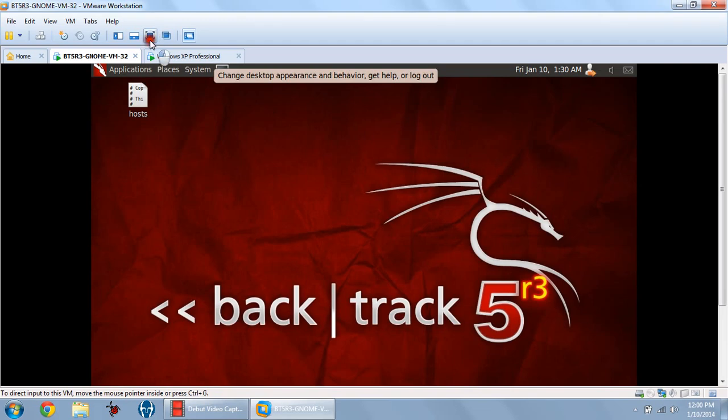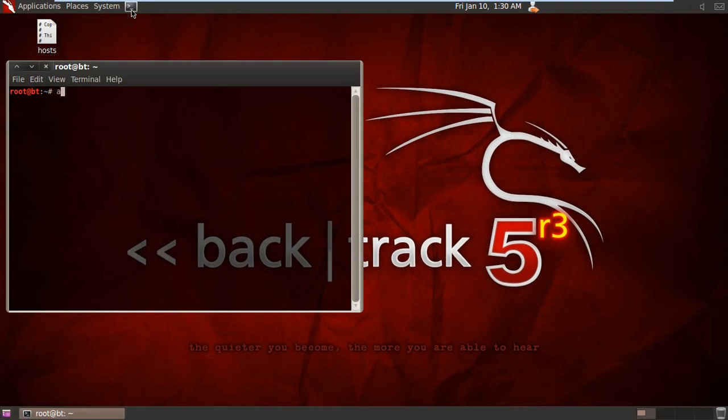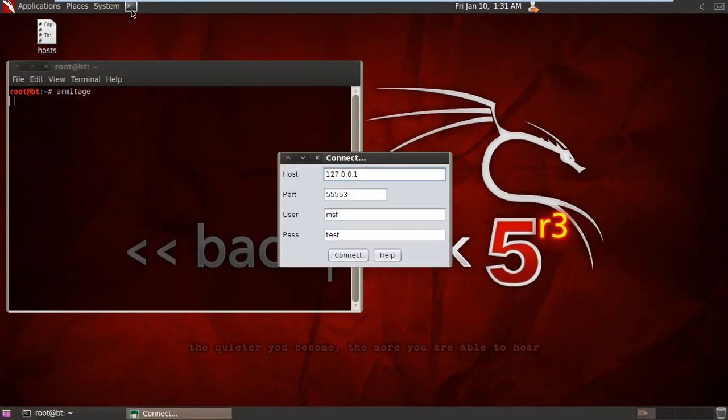All you have to do is open the terminal of your Backtrack and type in Armitage. Make sure the spelling is correct: ARMITAGE. Make sure the host address is your own address. At times it gives you another address. Just change it to 127.0.0.1, and if it is there already, just click